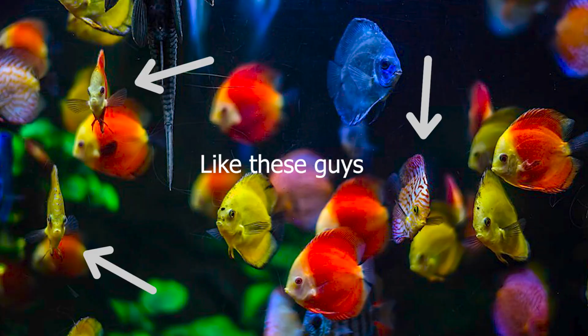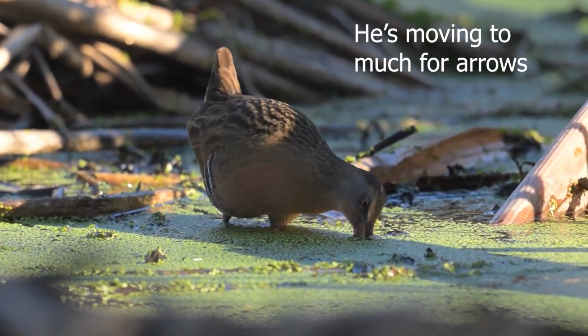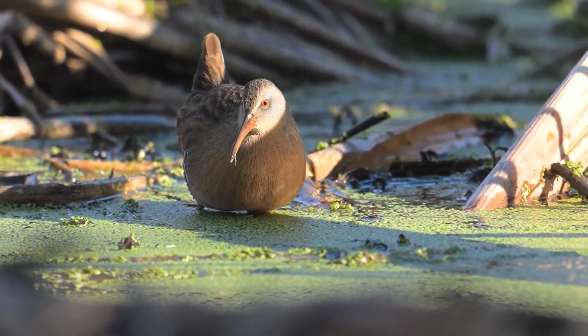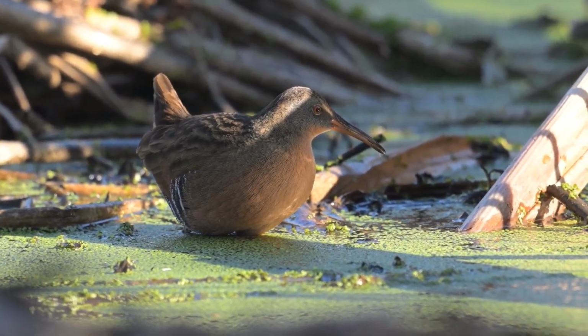These rails are small, laterally compressed marsh birds, with lateral compression here just meaning like a fish. You know, you've seen those fish where they just look like a line from the front? Like that. They've got reddish tones, gray cheeks, and a long, slightly down-curved bill. That's the thing you really notice. They're probing. They have chestnut wings with a tiny claw on the outer wing digit, a reduced P11, and black